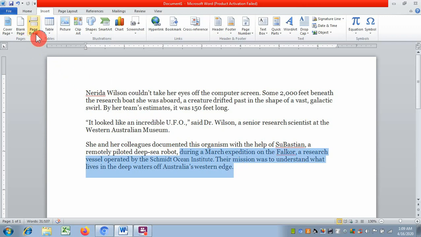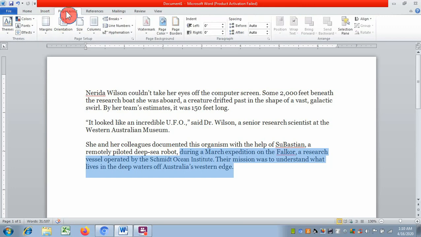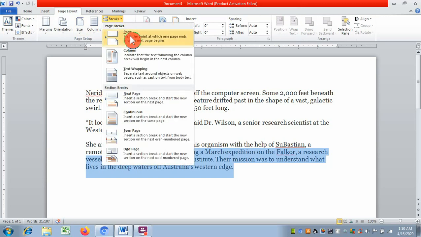Firstly, go to the page layout and you can see the break over here. Now if you click here, you will find page break, column break.